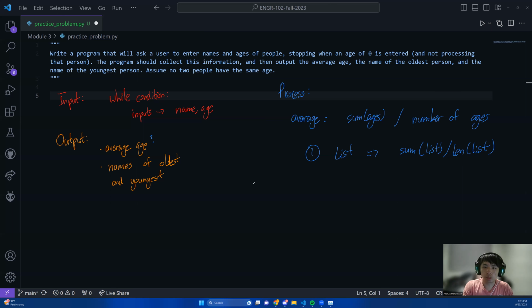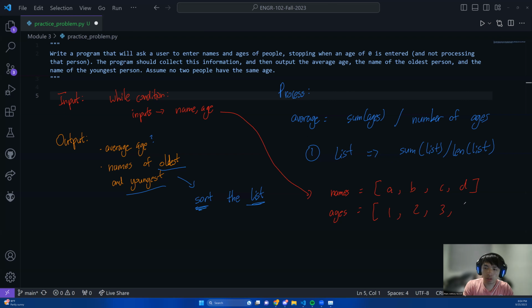And it's fine and dandy, except there's one problem. We also need the names of the oldest and youngest. This implies that if we use the list, we just sort the list. But if we sort a list, when we deal with input like this, you can realize that if we have a names list and an age list, when we do our input, and I'll just do random values as we go,